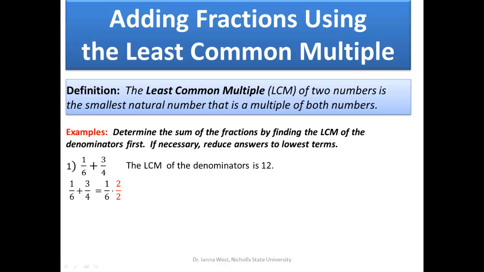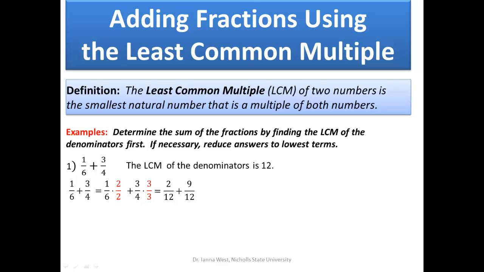For the next fraction, we multiply a number over itself times 3/4 in order to get a 12 in the denominator. That number will be 3 over 3. When we multiply the numerators and multiply the denominators of both products, we get 2 over 12 plus 9 over